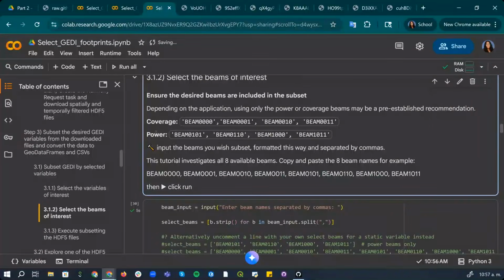So a really common thing to do is to use only the power beams. So power means that the laser was at full power. Coverage means it was reduced to about half of the amount of power, which means that maybe it wasn't able to penetrate denser forests all the way through. That depends on the AOI, and a lot of people are still researching that. So if you want to include all the beams and look at a